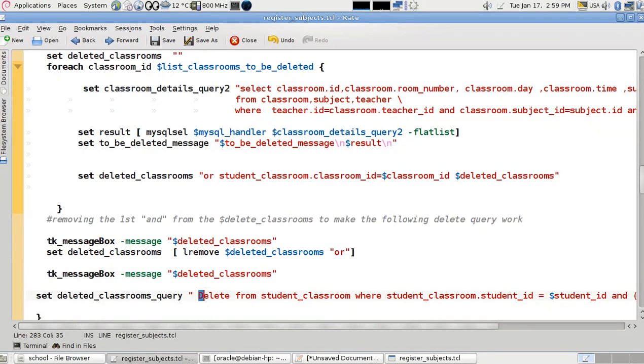It will be delete from student classroom, where student classroom dot student ID